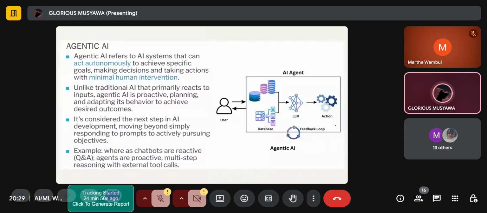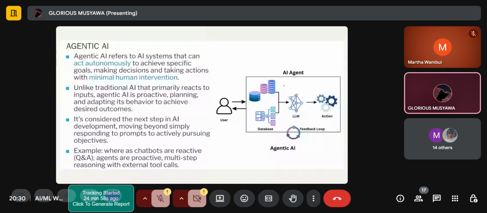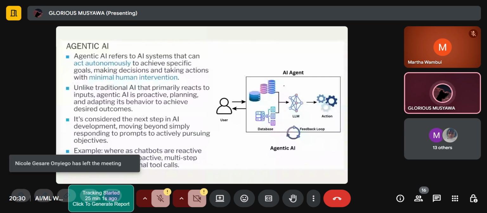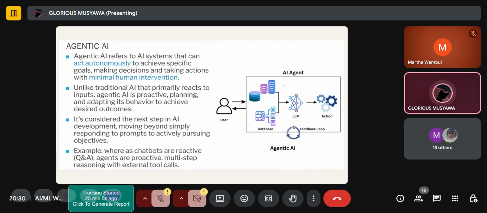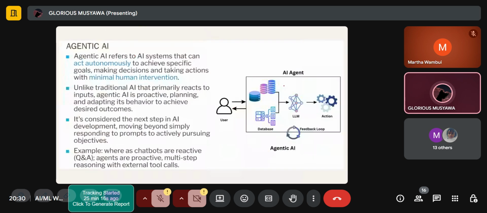This is a small visual presentation. We are still in the LLM and generative AI space, but now we have agentic AI. So nowadays, people can build AI agents that can make their work easier. We also have a lot of tutorials out there that can help you build an AI agent. So I think that was all about the content. I just wanted to cover as much as possible for the bootcamp.